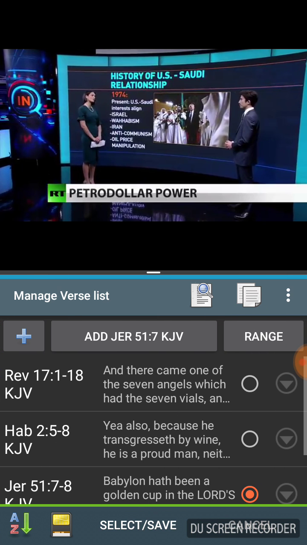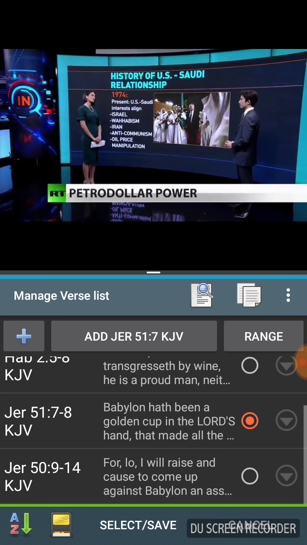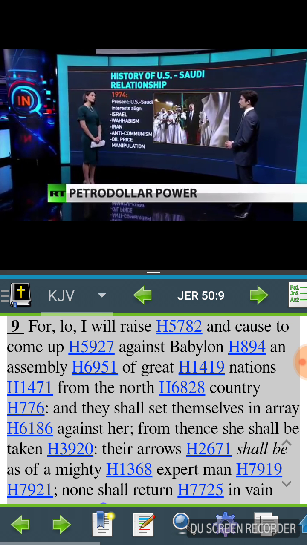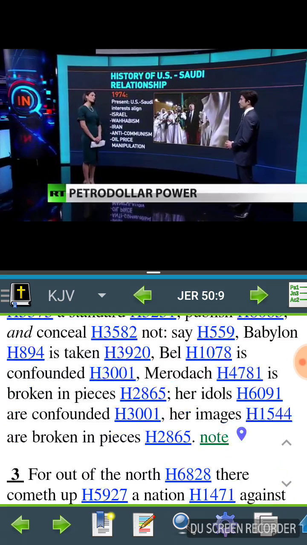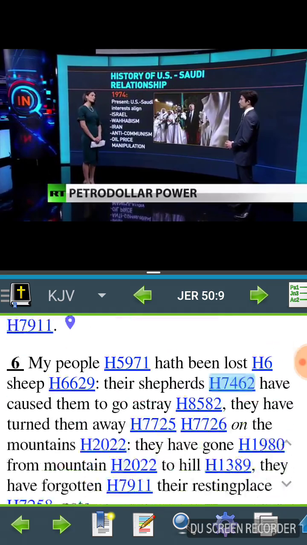Look out for the fall of the U.S. dollar. This is also prophesied in the Bible. All right, now I'm gonna close out. This is Jeremiah chapter 50, verse 9. It says, "For lo, I will raise and cause to come up against Babylon an assembly of great nations." All right, the assembly of great nations. Well, that includes